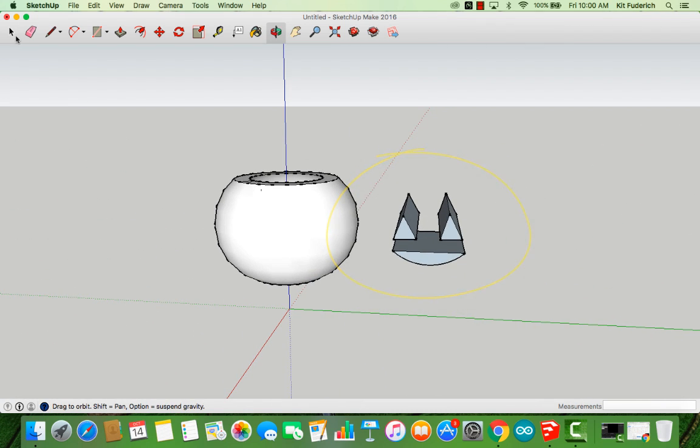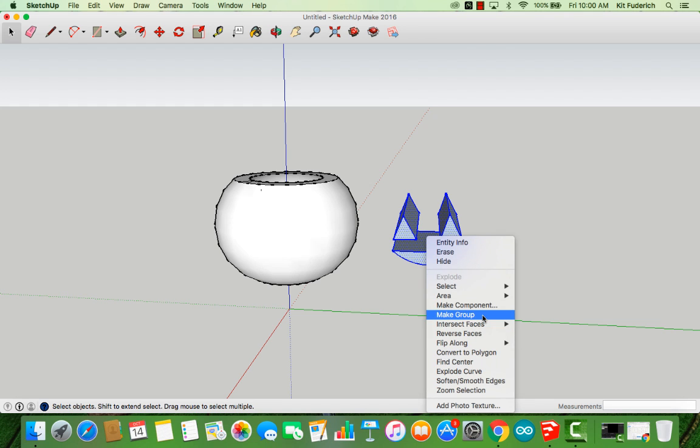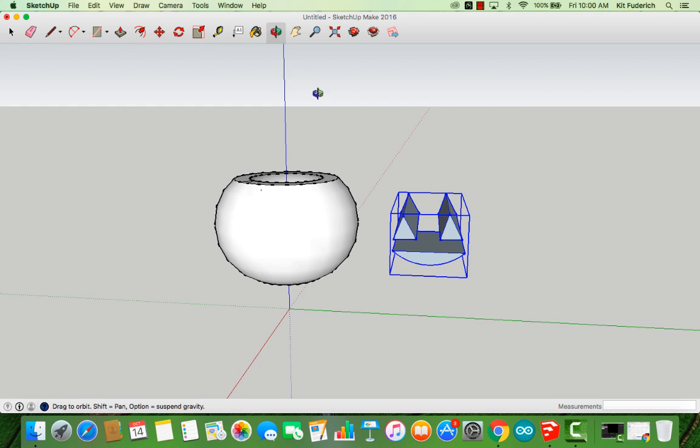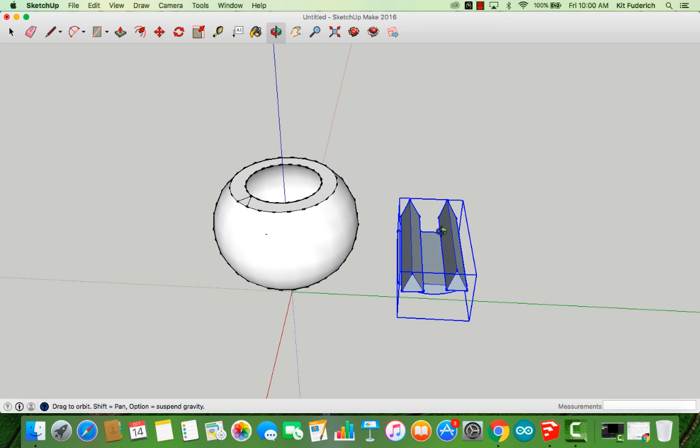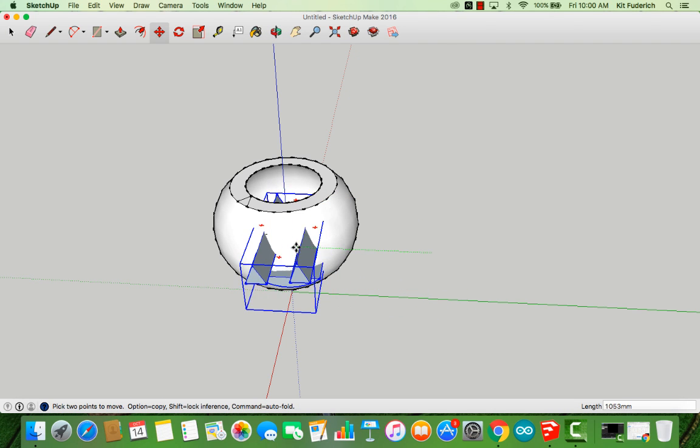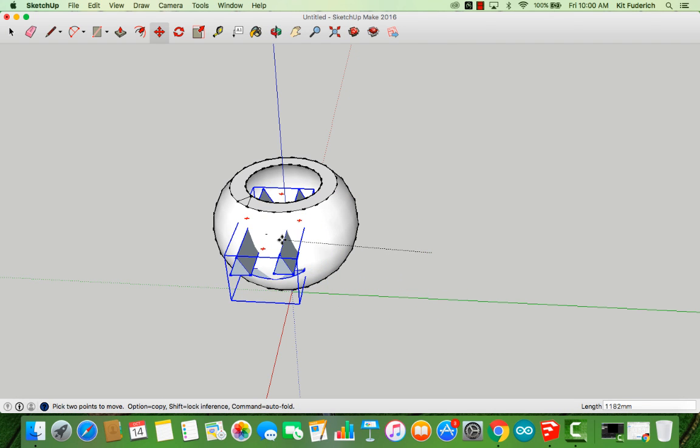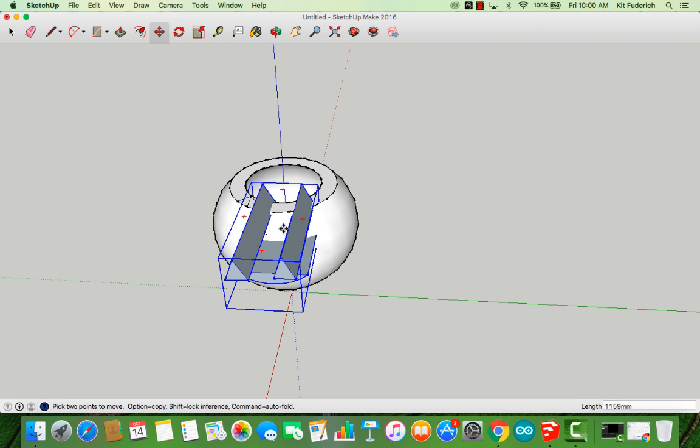Now what I want to do is highlight everything that we just made, right click on it and make it a group. This will allow us to move the shapes we just made into our pumpkin sphere without them sticking together yet. So I'm then going to drift what we made into our pumpkin form, position it how I want it to be,